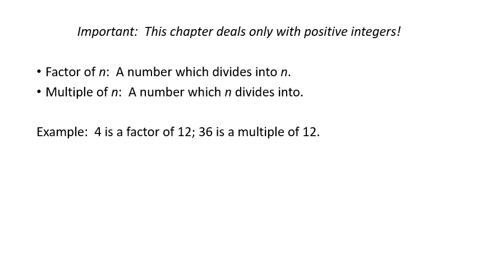So a really important thing to keep in mind in this chapter is that we're only going to be talking about positive integers. So we're only going to be talking about positive whole numbers. And with rare exception, we're not even going to be talking about zero, right? So negatives, zero, out. We're just talking about positive integers. So you're going to hear me say some things that you might think, well, there's a negative case that works for that, and you'd be correct, but we're only dealing with the positive integers here. So I'll point out the first couple of instances where that is a case, but I'll try not to belabor